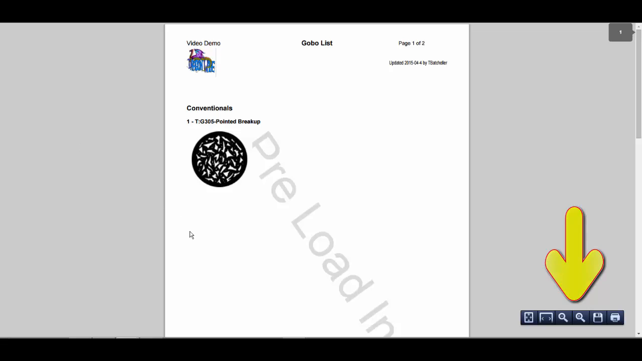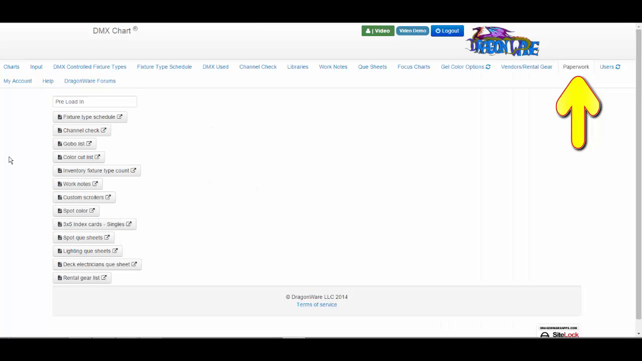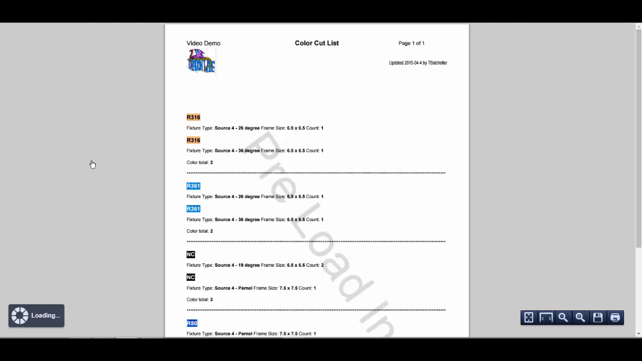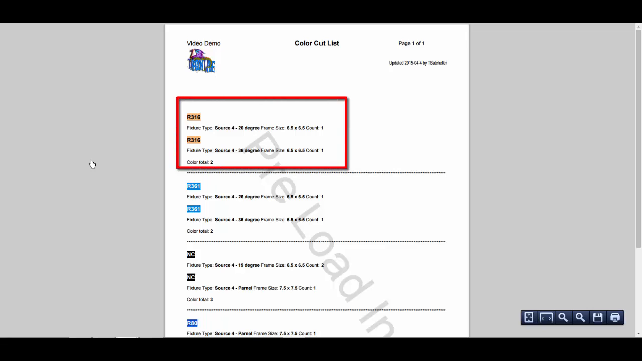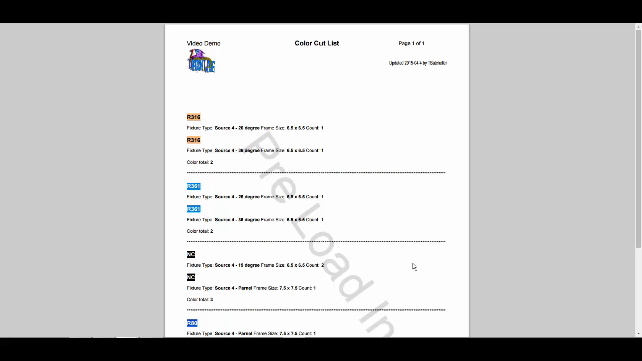and save functions. Going back to the Paperwork tab, let's take a look at the paperwork for the color cut list. Here it will list all the conventional gel color you added to your show or shows, so you can pre-cut your gel before you load in. It lists by color the fixture type, the gel color frame size, and the count of how many gel color cuts you will need. And mousing down to the lower right-hand corner of your screen will bring up the standard